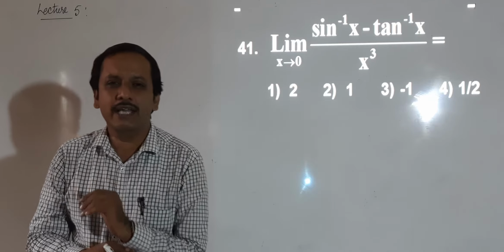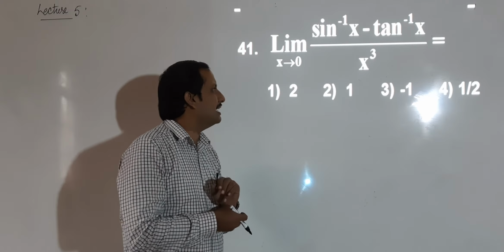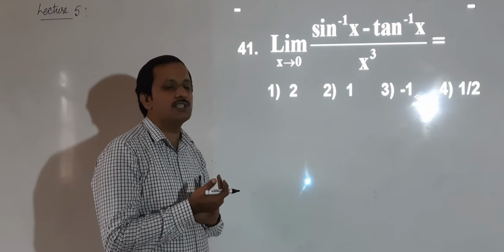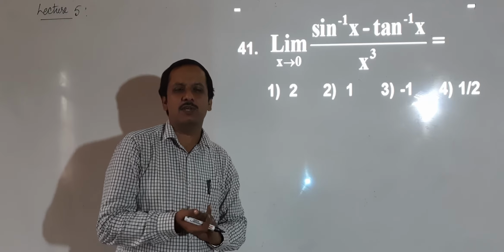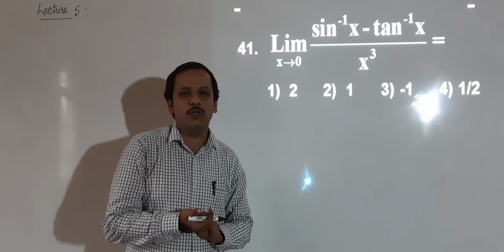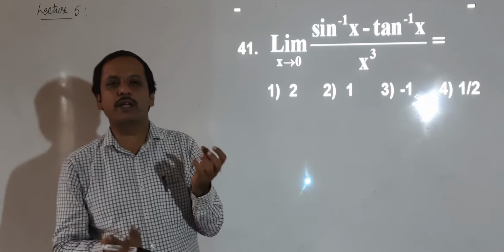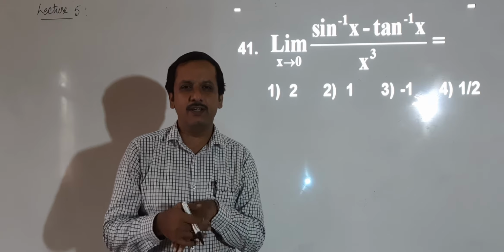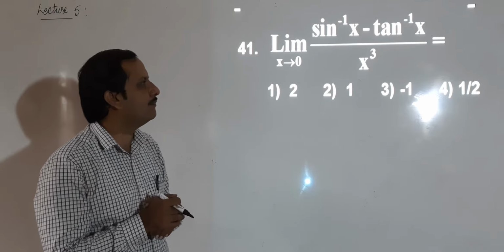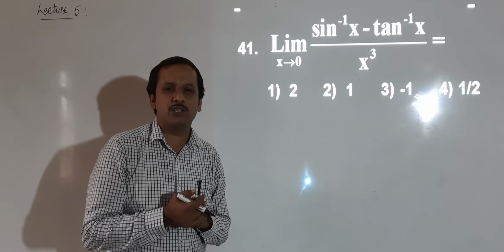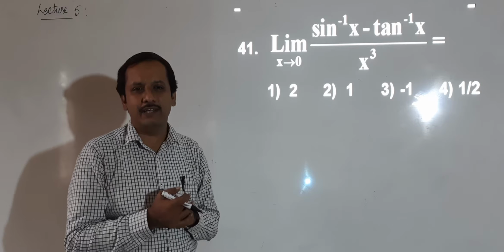So we can use L'Hospital's rule. But earlier, in one problem in the last class, I told you that limit as x tends to 0, we had tan x minus sin x or sin x minus tan x by x cube. There I advised you not to use L'Hospital's rule, use something else. We took tan x as a common factor, you might remember. But however, in this problem, we have to go for L'Hospital's rule only. We don't have any other alternative.